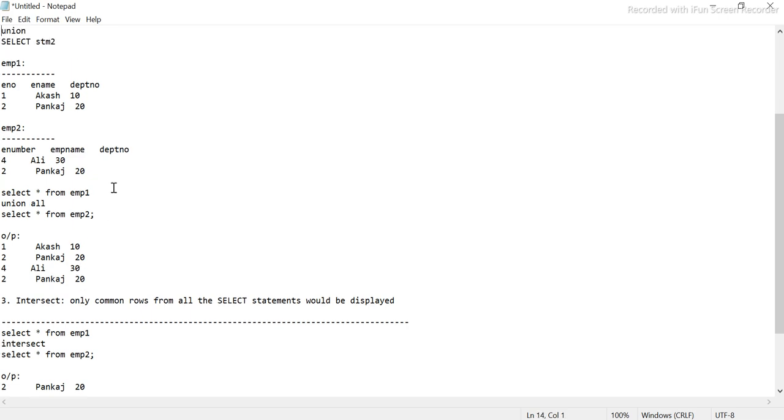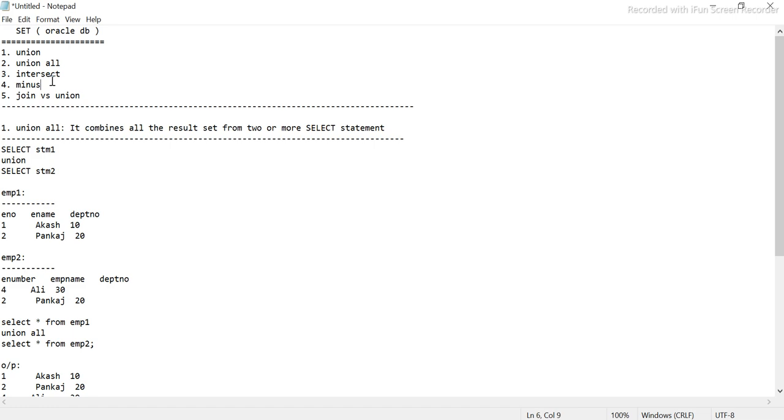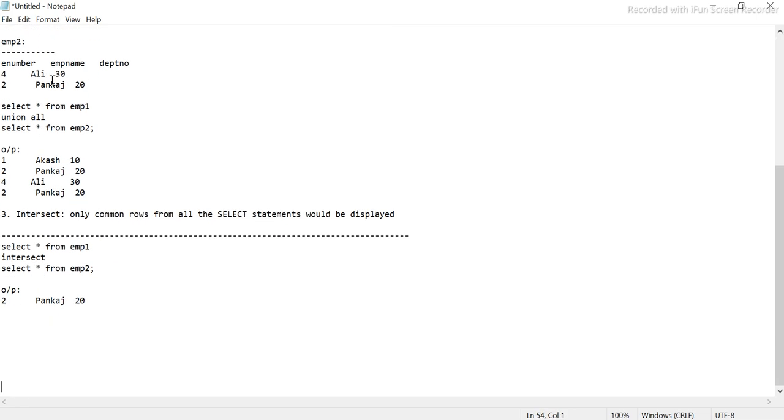Now the fourth one that we will look at is the minus operator, and this operator is used very widely in our ETL testing, right? You know already, right? So try to understand the concept here, guys. I have already explained it many times, but here I am explaining the ABCD of the minus query. Let me help you understand.